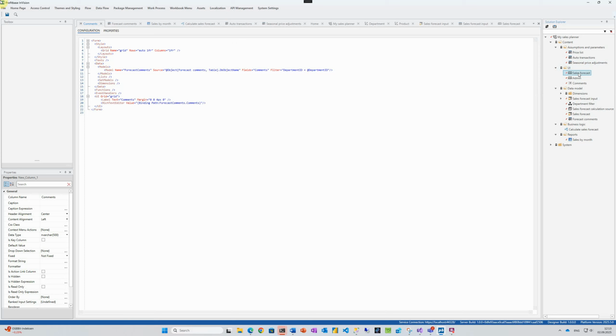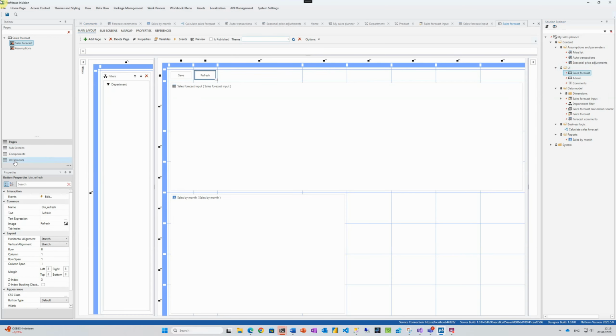The only thing we need is to point to the table where we want to store the comments and add the rich text editor control to the form. Then use the data binding syntax to bind the contents of the rich text editor to the data model so it's retrieved and saved back to the database automatically. Note that the data model expects the department ID as a parameter, so we'll pass that in when loading the form in the workbook. Now all we need to do is wire up the loading and saving of the form,